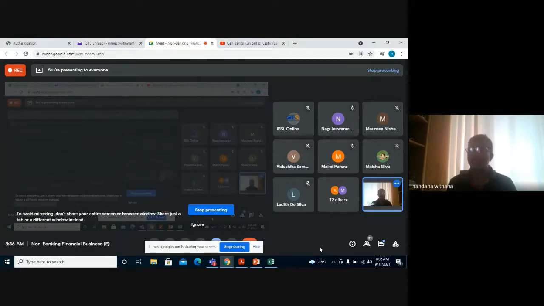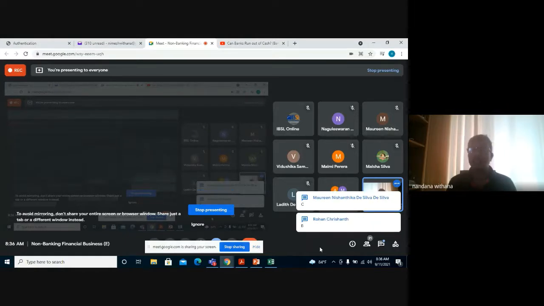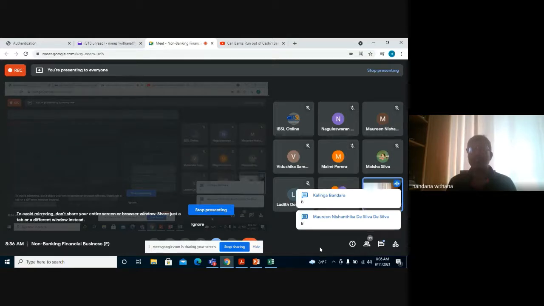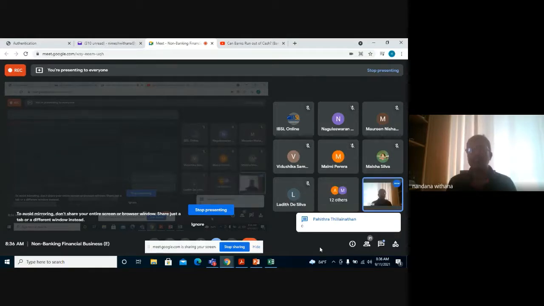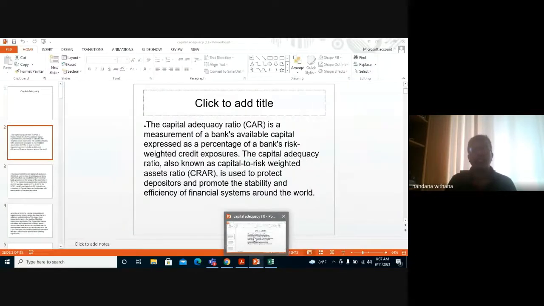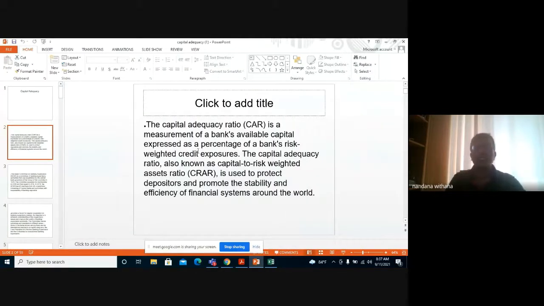What is the highest risk? What is the highest risk advance I have given? C. Least risk, B or A. Yeah, highest risk is C. Least risk is B. Why? Because it's against your own fixed deposit. You have given the loan. Right, means what? Now you clearly understand your asset called loan can be risk weighted. This is why we are looking into capital adequacy. Your assets can be risk weighted.